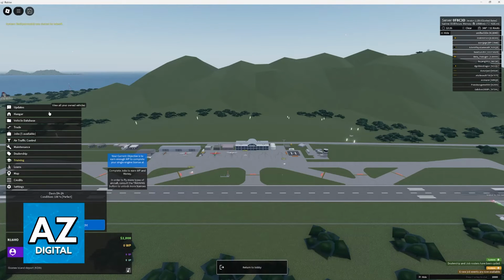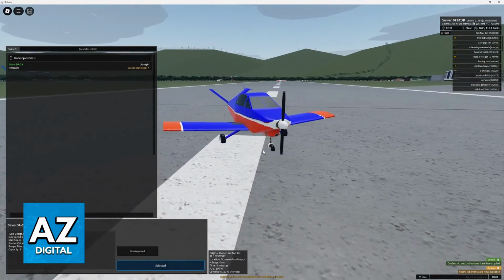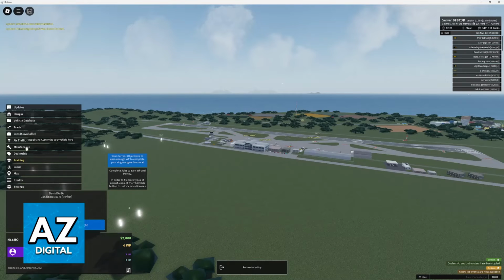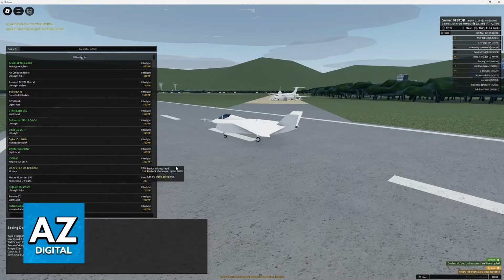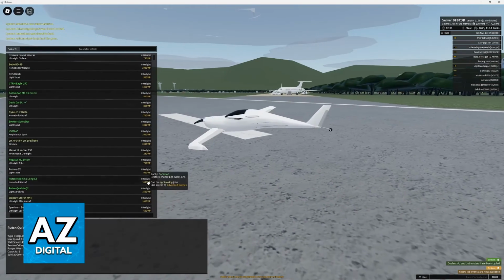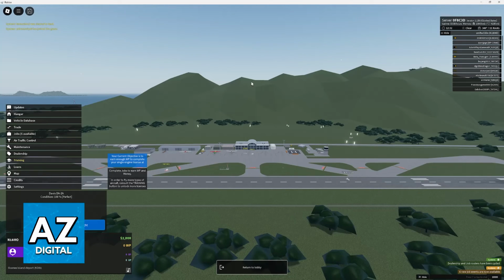I'm not going to go into too much detail about how to play them and how to manage all of the different aircrafts that you have available. I simply wanted to showcase how you could purchase your first one and future vehicles. And like I said, all of this can be done through the database. So click on any of them and you will see the option to buy if you have enough of the currency available in your account.